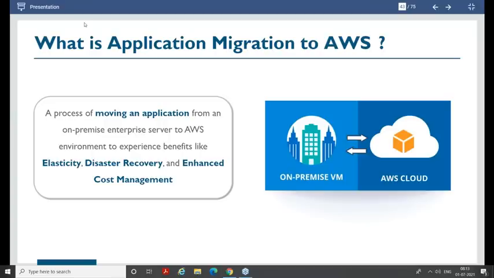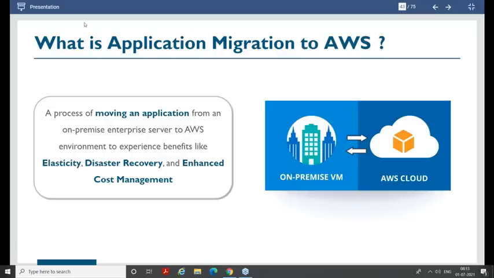Infra is the underlying resource on which your application is running. So please be informed, your infra and your applications are two different things.